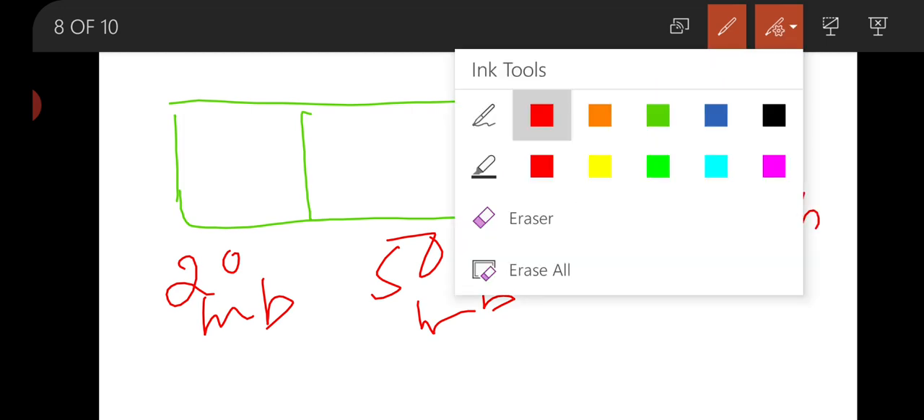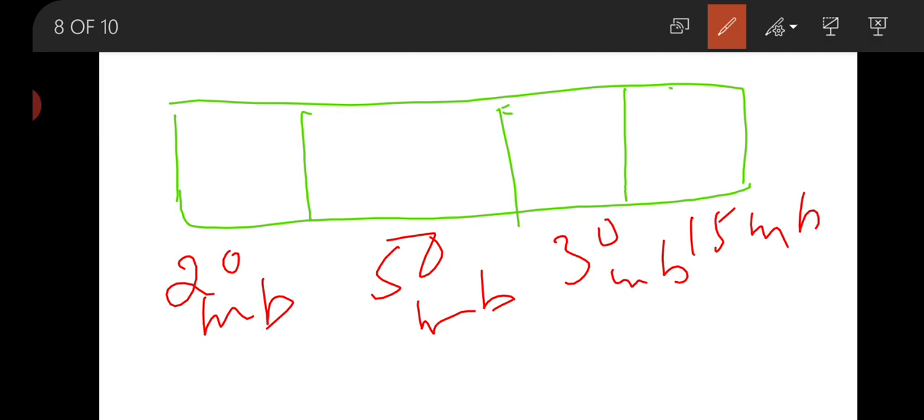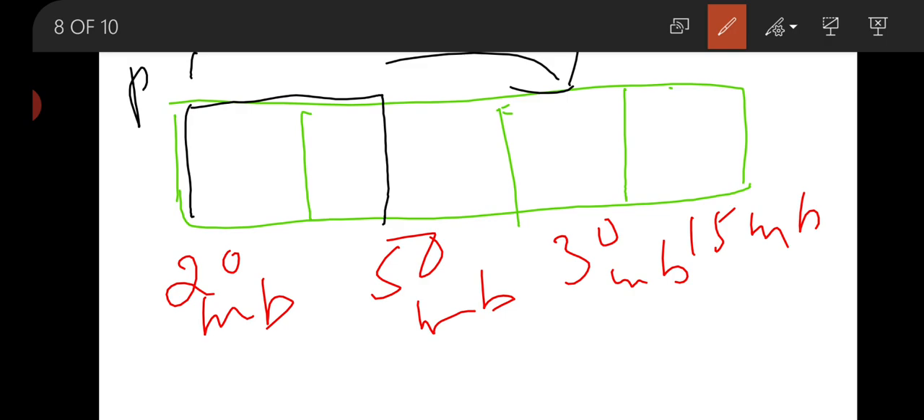Now if any process needs 30 MB space, then here P1 occupies this space. And suppose that there is a process P2 which requires 25 MB, that means 20 and 5 MB. This block is going to be allotted for this memory. Now here 45 MB are left, are free, but